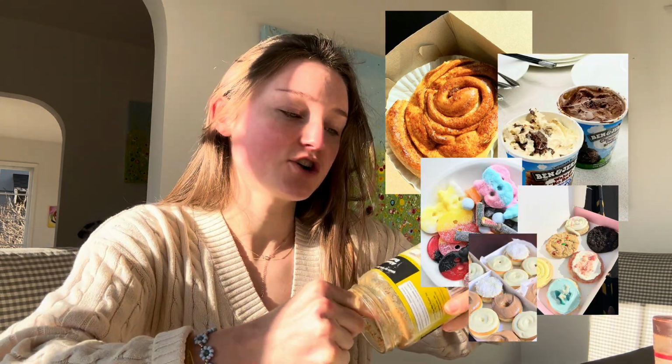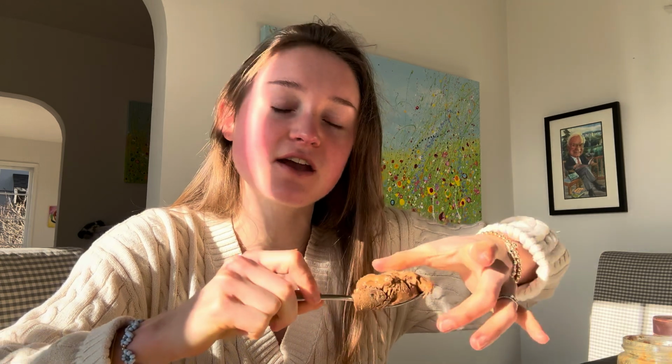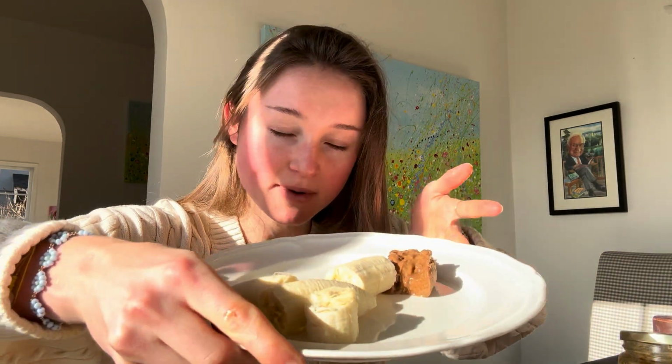But honestly, you guys, you don't really need cookies or sweets or pastries or donuts. Those foods are ultra processed foods. They're high in fat, they're high in sugar, they're very pro-inflammatory, and they're obesogenic, and they give your body no nutrients. There's nothing good for you in a donut or a cookie or any of these ultra processed hyper palatable foods. What I love to have for dessert instead, I have a great big blob of almond butter